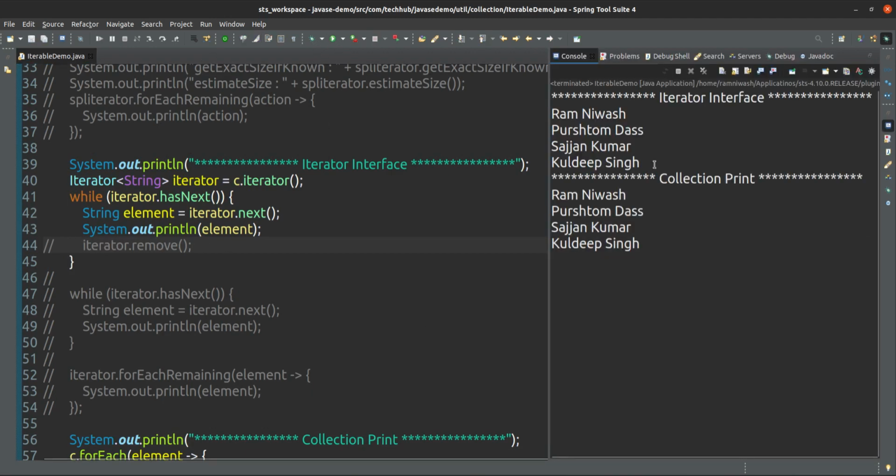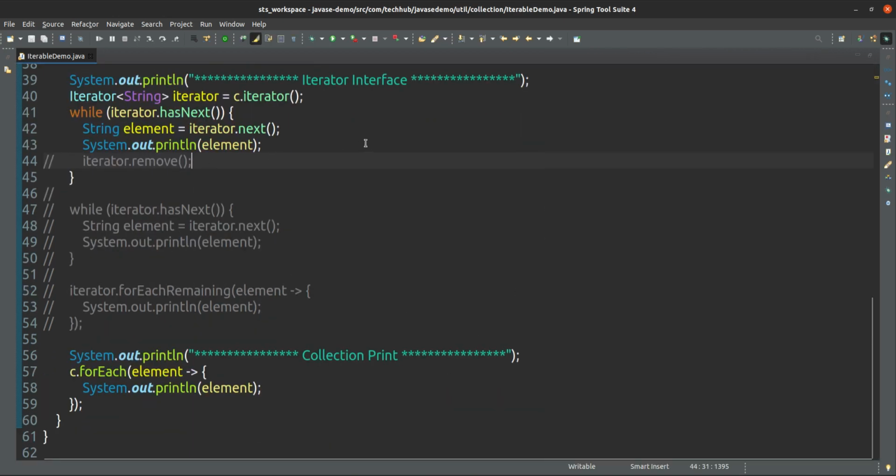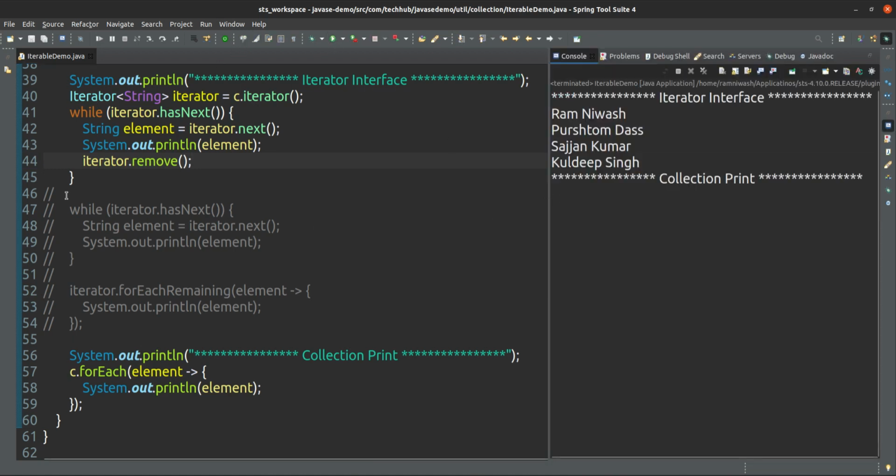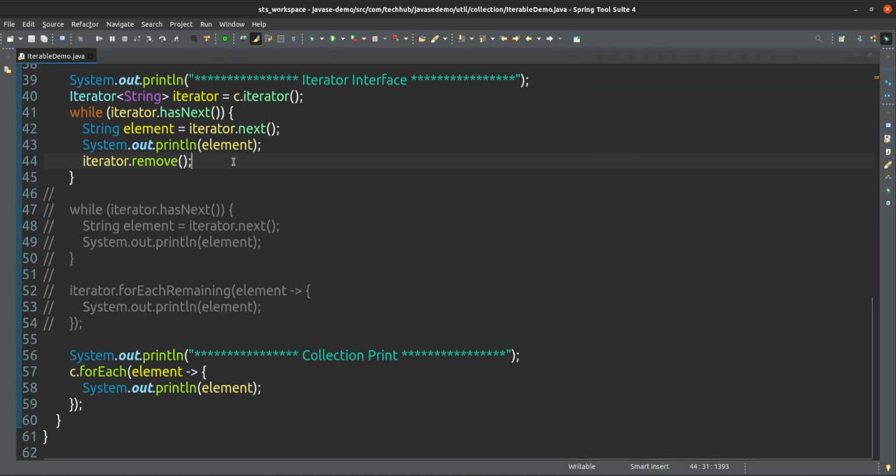It is printing two times now. This we are printing from the iterator, and this we are printing from the collection. What I am doing here is removing from this iterator, which means I am removing from this list collection, because this iterator is pointing to this collection only, so it is removed from both.